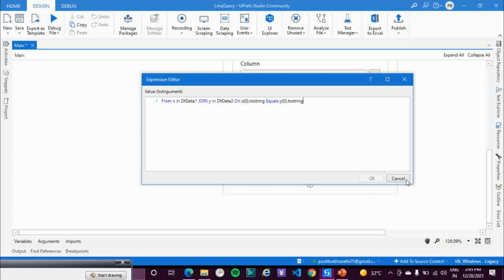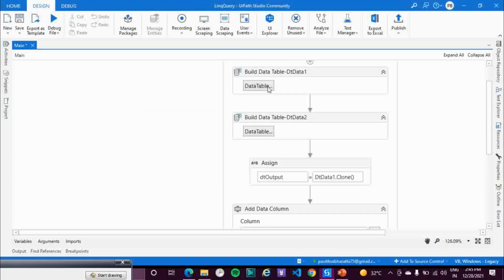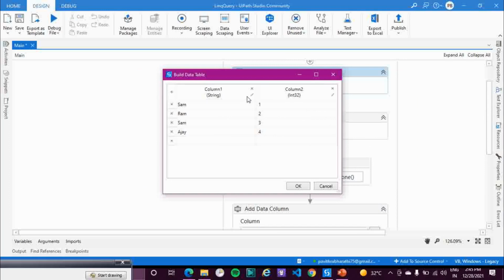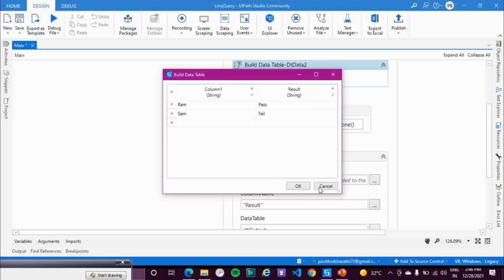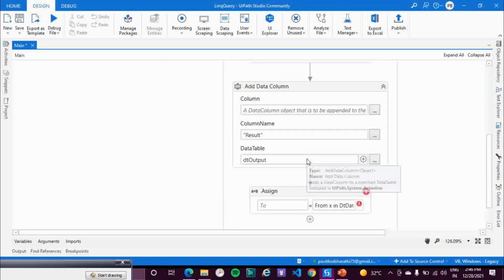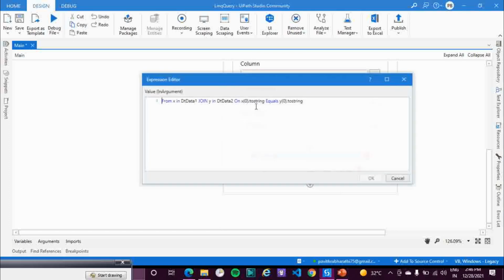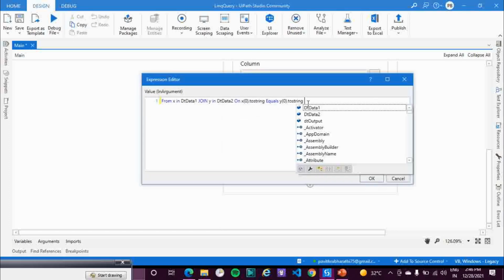So what I'm doing here is writing a query based on column 1, which is there in both data tables. So I'm using that column 1 and writing the join function.